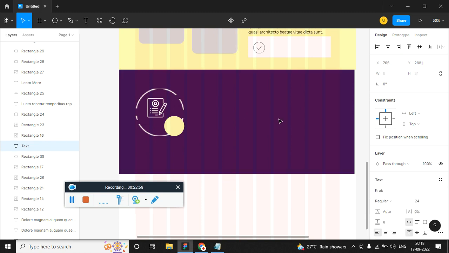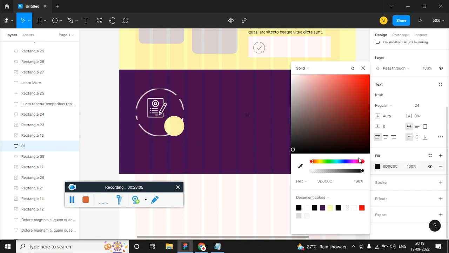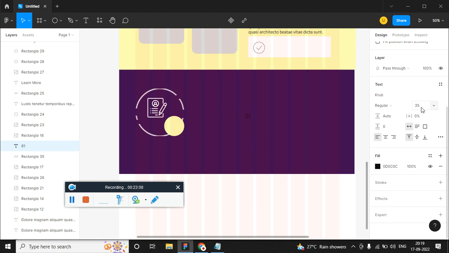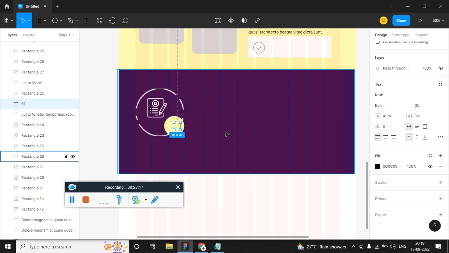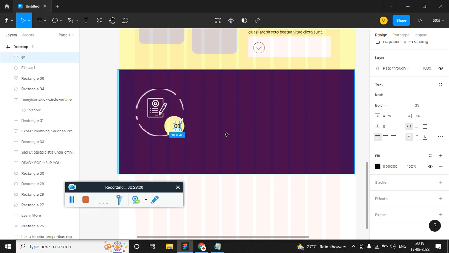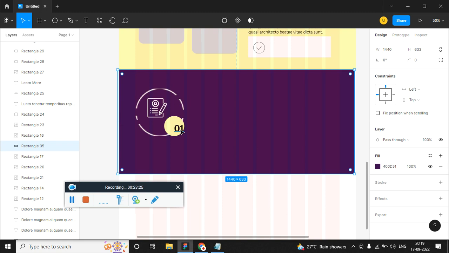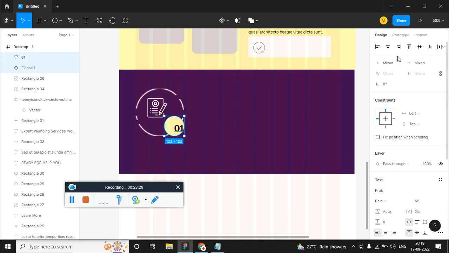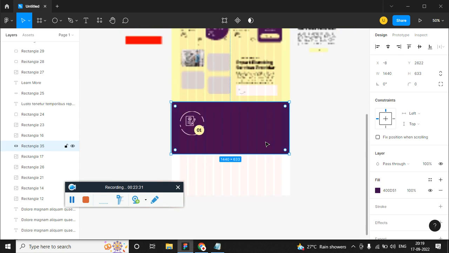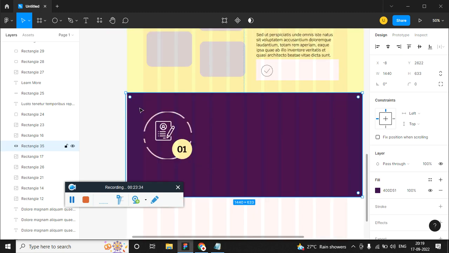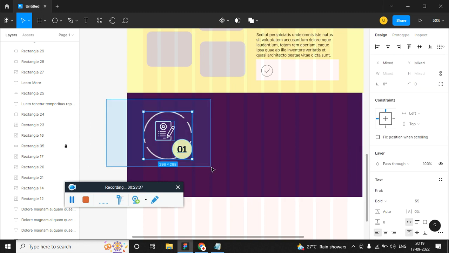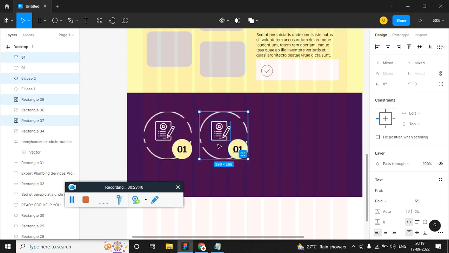Now type T, press 01, select all, make this black and size 35 and let this be bold. Place it over the text. If it doesn't go, you know what to do. Control close square bracket, increase the size like 55, select this text and select the button, horizontal align, vertical align, and cool. That's it. Just lock this layer, select all, alt drag, Control D,